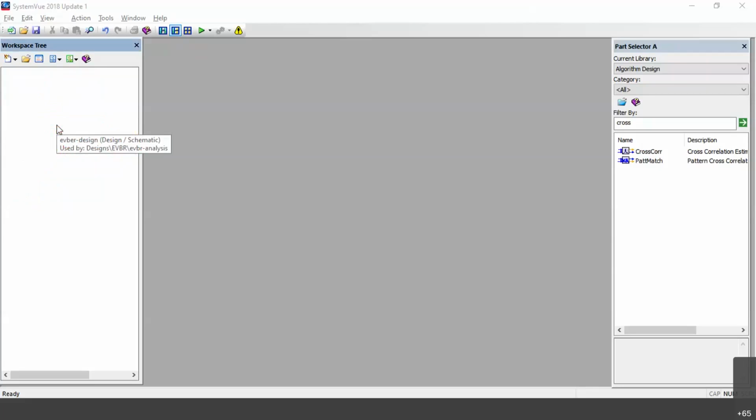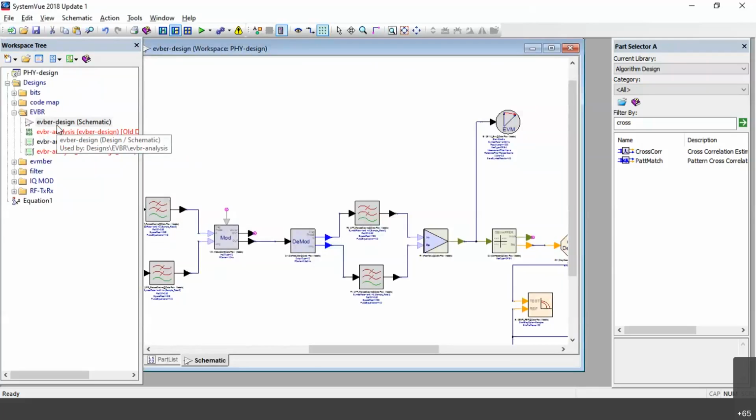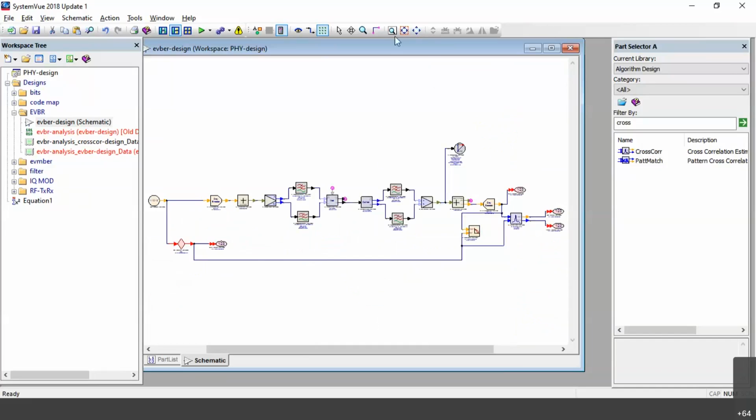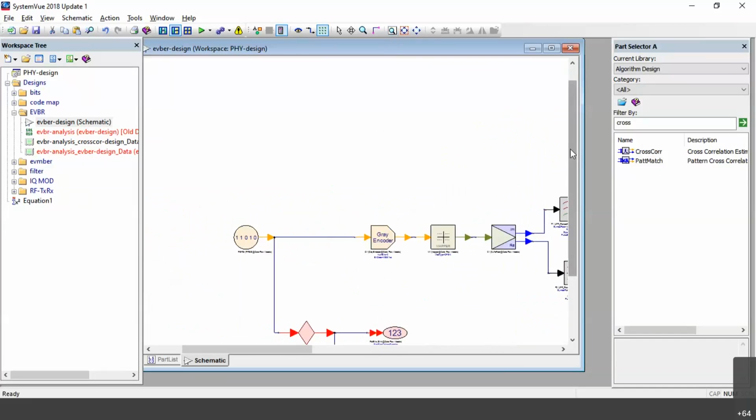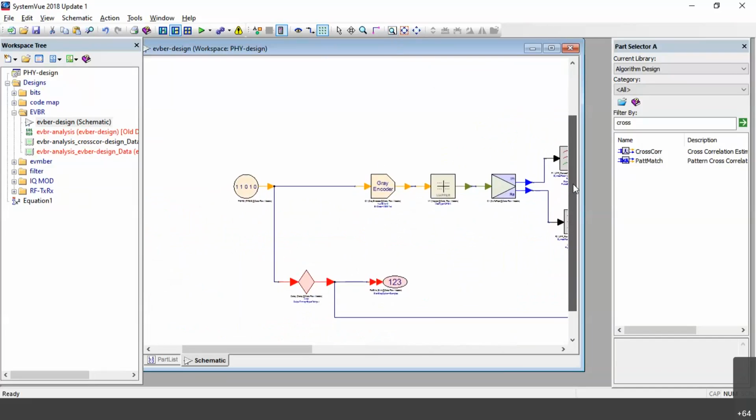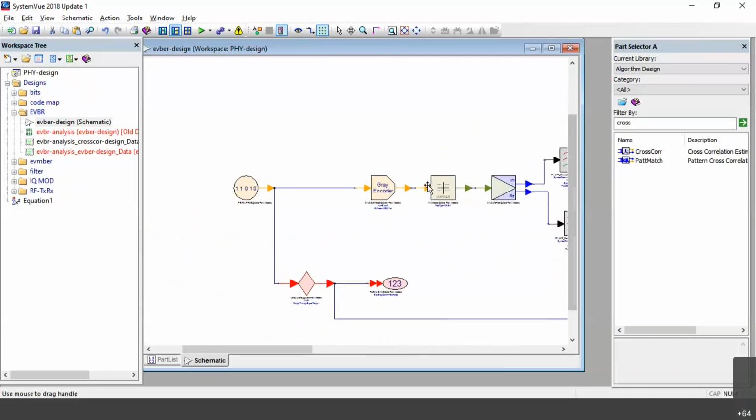So this is again the block diagram, the same block diagram. I'm only going to add two modules: one is error vector magnitude, and one is bit error rate. Everything else is the same; I am not adding anything extra. Only one thing I'm adding: in the previous diagram I did not add a delay. Now I am going to add a delay to the original signal, that is your modulated signal.